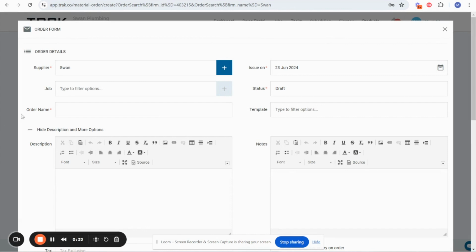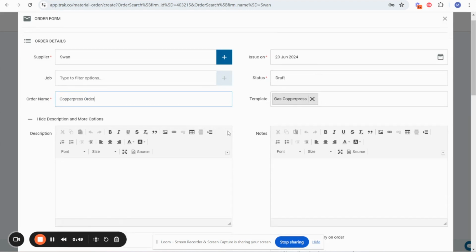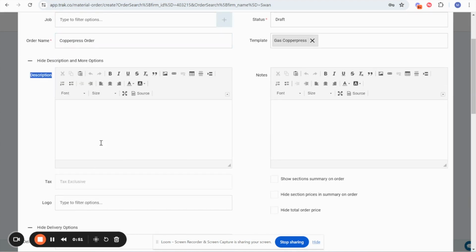So from here, we can have an order name where we place the details into the system, or we can use a template to drop products in and then use again and again and again. If you are using a template, it will name the order, but you can supersede that and change it. You can add additional notes and details that the store may need to see. This might be delivery instructions, it might be requirements, it might be additional items that you need to let them